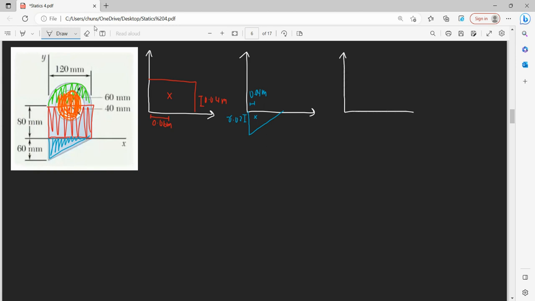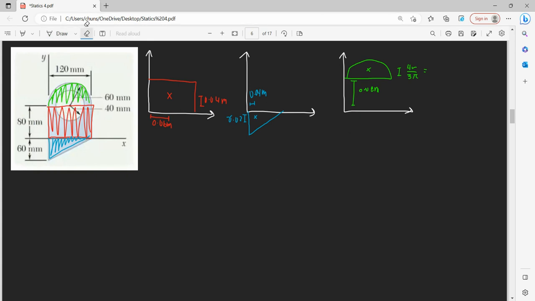Since all of our current shapes are aligned with our x-axis, then we don't have to add anything else. But because our semicircle starts higher, we also have to add our y leading up to it. So this is 80 millimeters, so 0.08 meters, plus 4r over 3 pi,